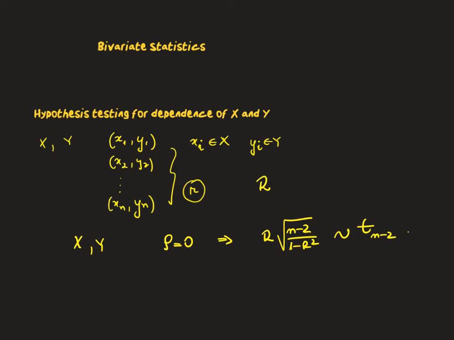This tells me that in order to test a hypothesis of x, y being independent, so rho is 0, versus x, y is not independent,